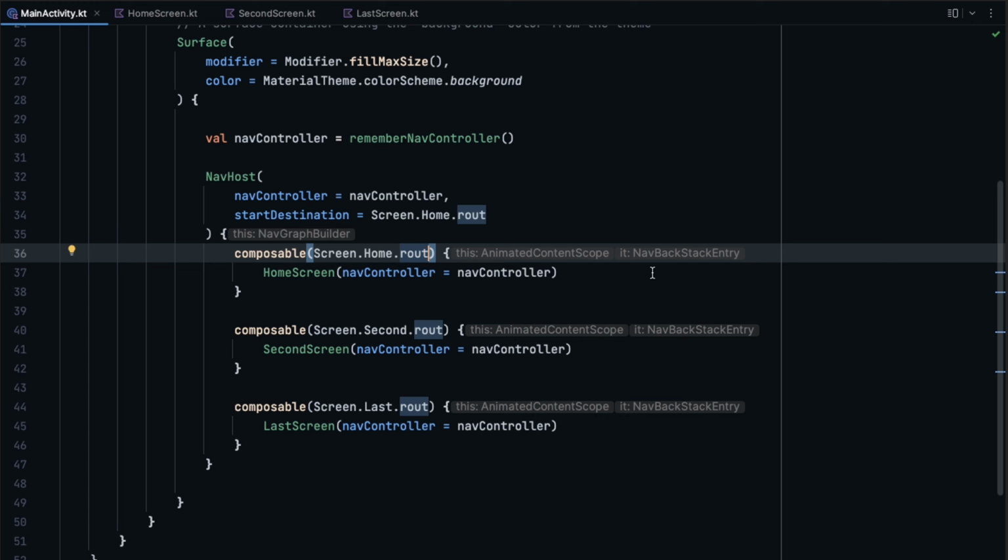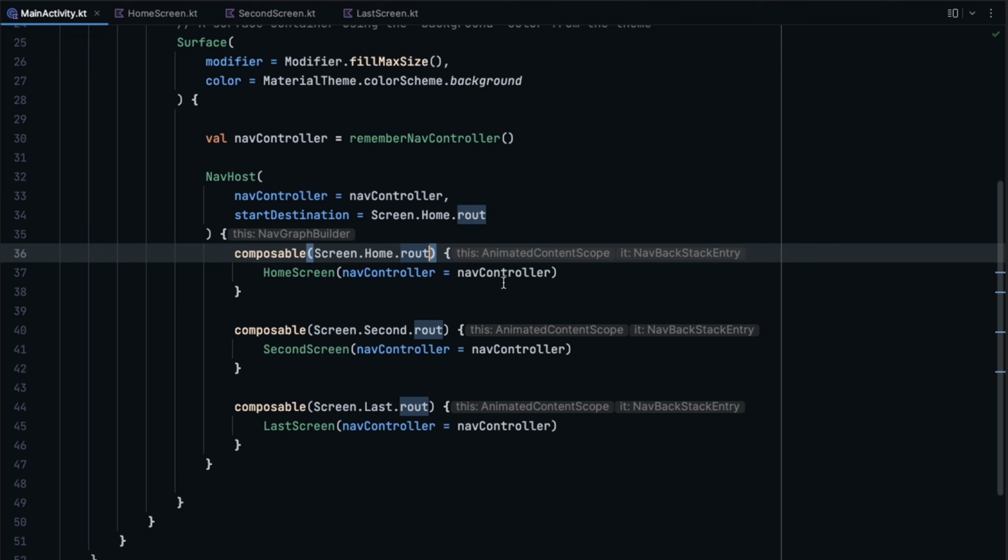and those arguments can be passed by first adding that next to the route. Basically now when we define the route of our composable of our screen right here, I can just write plus, and then inside this string I can define my route. So you could imagine a route as a URL. So basically this is the base URL, and then this is a query, for example. So I can just put that between two brackets like this, and here I can define now an argument that's, for example, a URL. So I want to pass a URL